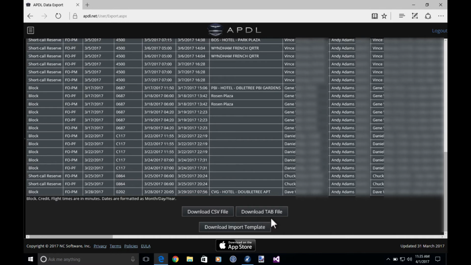In the case of Logbook Pro, it does not matter. You can use either one. If you have a specific requirement for some other logbook software that you're using, then you can choose the one accordingly here. And then another option to download the APDL import template, which we've already done. I'm going to use CSV file here